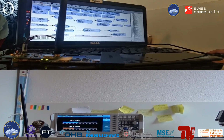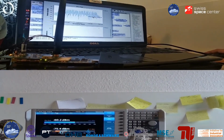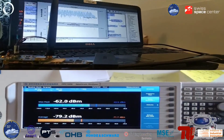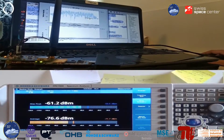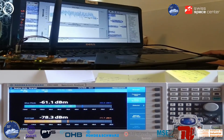As you would have observed, until the transmission was started, the signal on the spectrum analyzer was constantly around minus 76 dBm. As the transmission has begun, and as we zoom onto the spectrum analyzer screen, we can see that there is a gain of more than 15 dB of signal power, and the reading is now nearly constant around minus 60 dBm. This shows